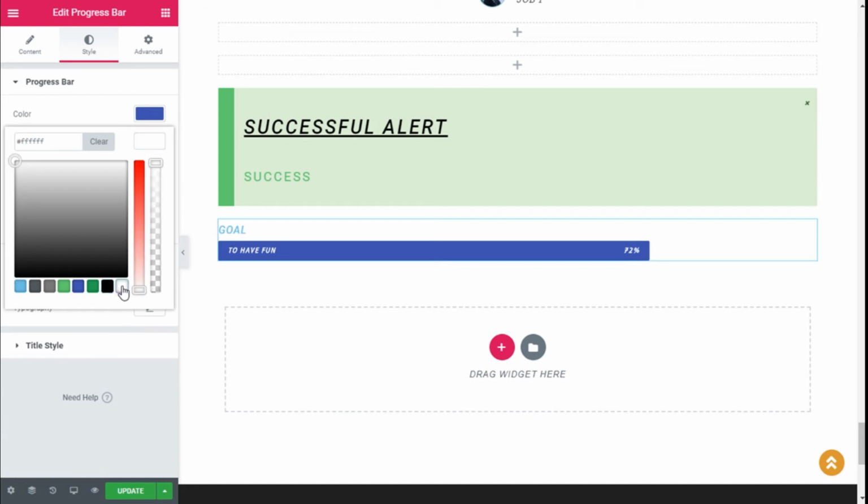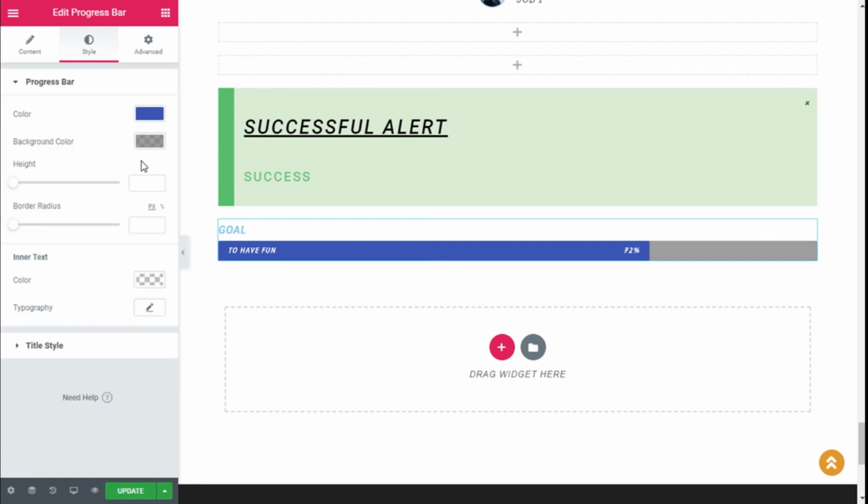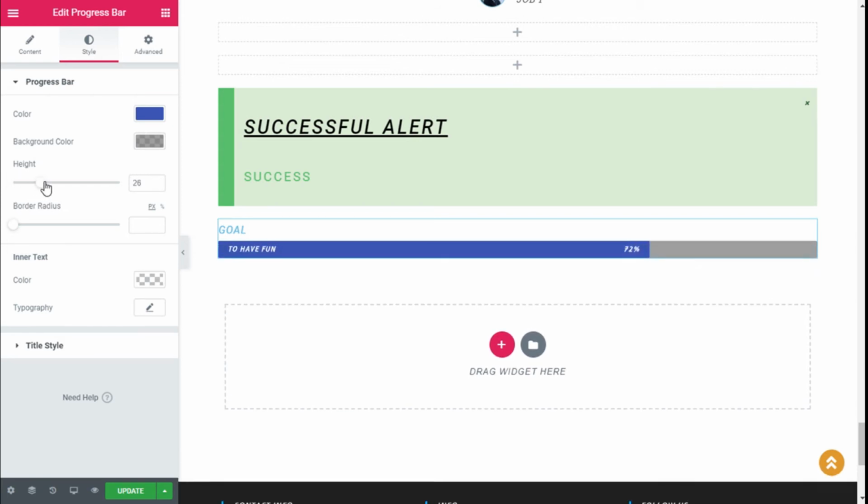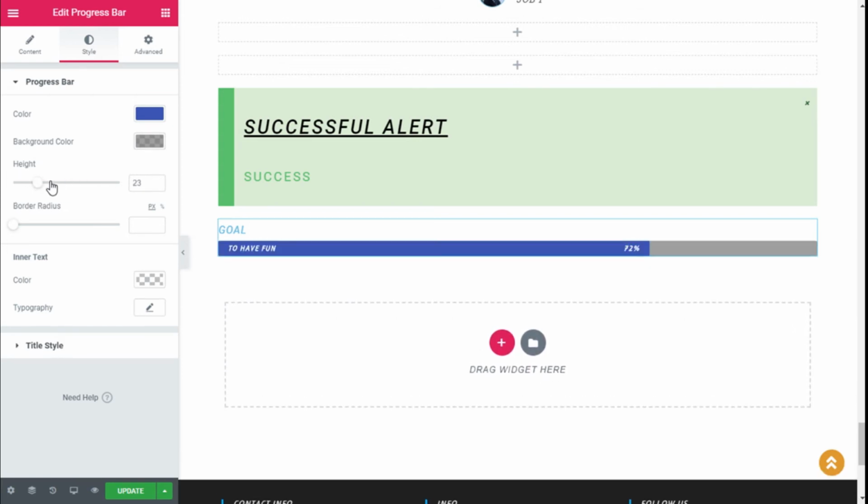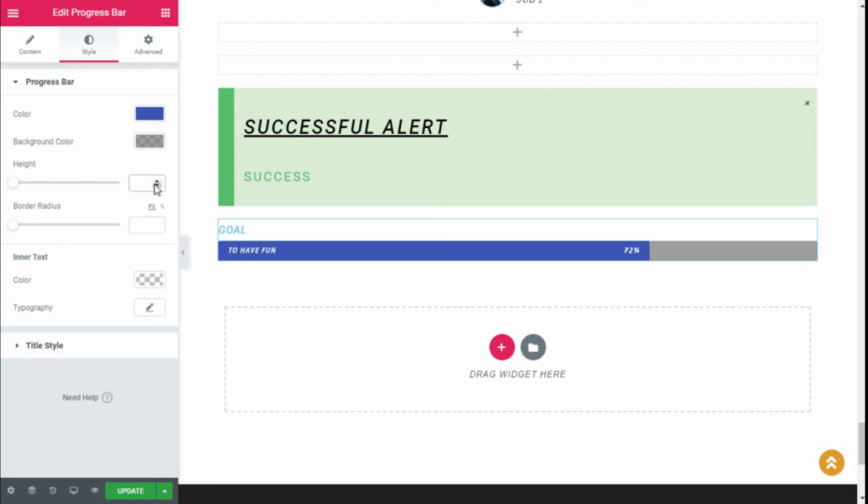and for the background we are going to leave it maybe light gray, like that. We can select the height; if we want to make it bigger. We're going to leave it empty for default, and we can select the radius of the progress bar. We're going to add a 20 so it's a little bit curved like this,